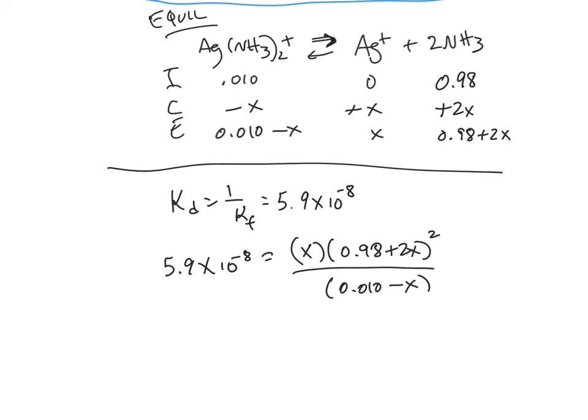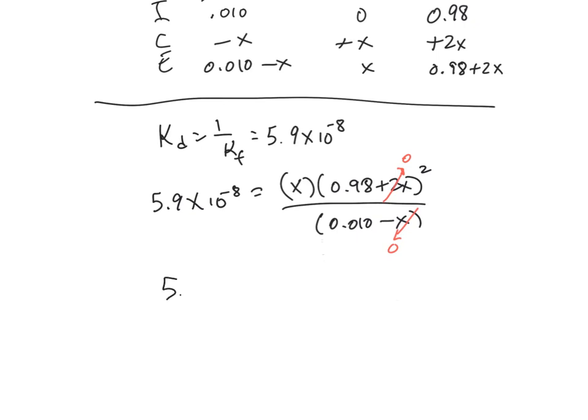Okay, so we can look at the x in the denominator here and say, can we drop it? So we're going to take 0.01 divided by 10^-8. That's going to be around 10^6, greater than 100. So it's okay to drop the x there. And similarly here on the top, you'd say that the 2x term is 0 because 0.98 divided by 10^-8 is going to be greater than 100 as well. All right, so then